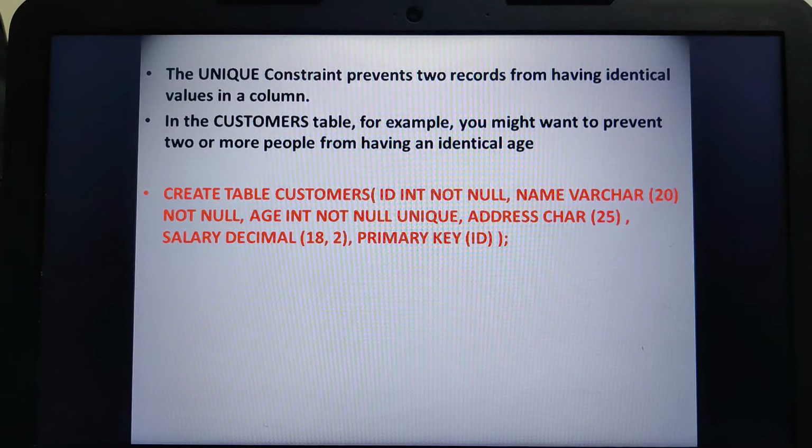So at the time of creating a table, if I apply the constraint known as unique, and for the first student I have given the roll number as 250, and for the second student also, by mistake, I give 250, automatically this unique constraint will never accept the value and it will throw an error. It will show an error on your output screen.